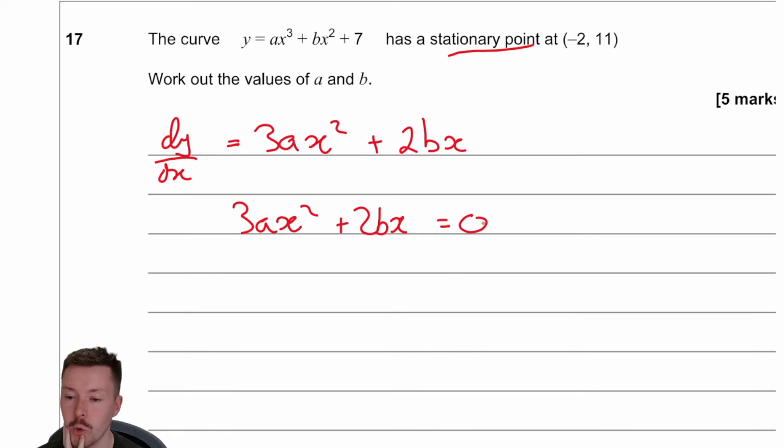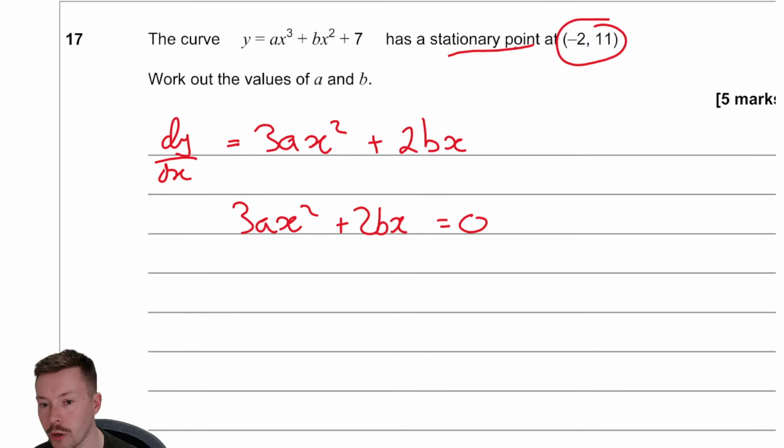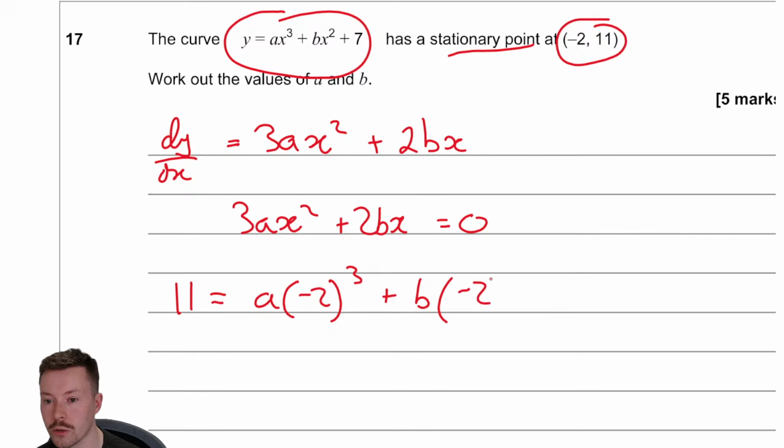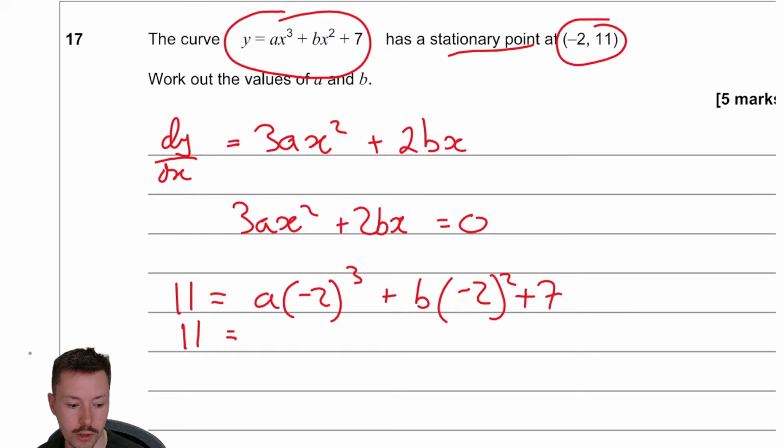Now, I've got 2 letters here, which is a problem. I need to get another equation. 2 constants, 2 letters, you need 2 equations. The other thing to do is plug that into this. So we get 11 equals a times minus 2 cubed plus b lots of minus 2 squared plus 7. So 11 equals